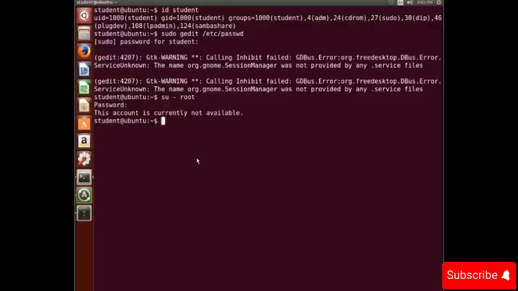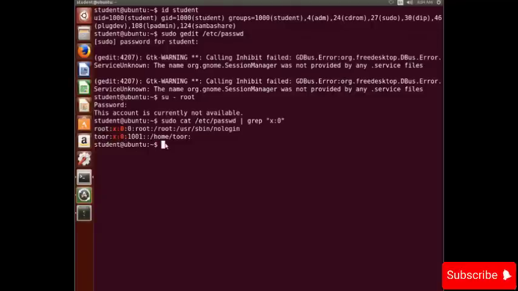So in the previous video, we noticed that there is one more user with the name toor, and it also has the same ID as the root user, which is 0. So let's verify: sudo cat /etc/passwd pipe grep, in double quotes, x:0. And yes, you can see that there are two users with UID 0, root and toor.